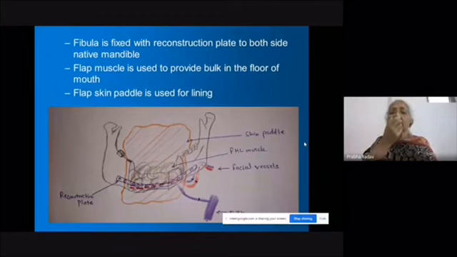If it doesn't come, then what will you do? Then you'll have to correct it on the table at that time only. You have to undo everything and fix it again. Yes, ma'am. Because post-operatively you cannot do it, and once you receive radiation, you will not touch that bone for a year, for fear of inducing osteoradionecrosis. Yes, ma'am. Fine. Okay.